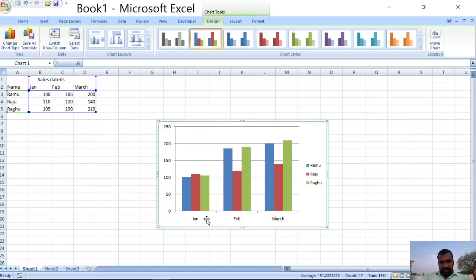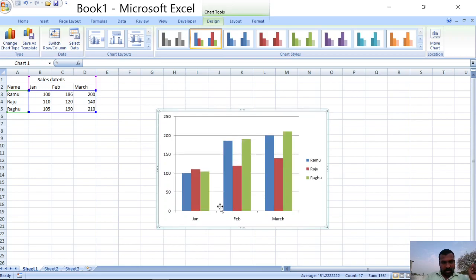Now let us look at the legend. Ramu, Raghu and Raju are differentiated with different colors, and this x-axis represents the months January, February, March, and the y-axis represents the values. This chart has less information, so it won't display any chart title.